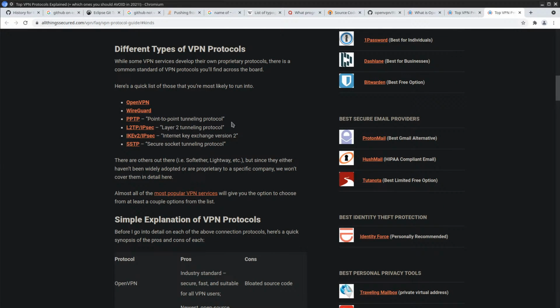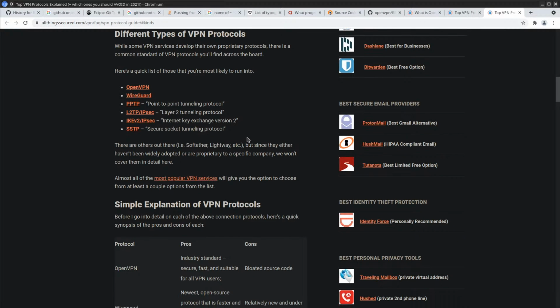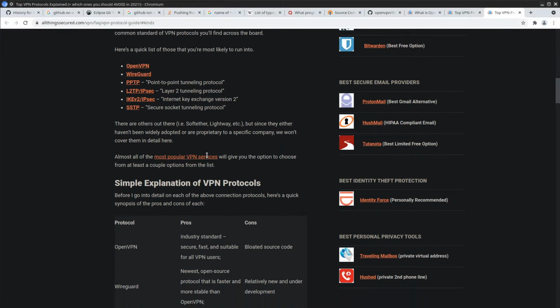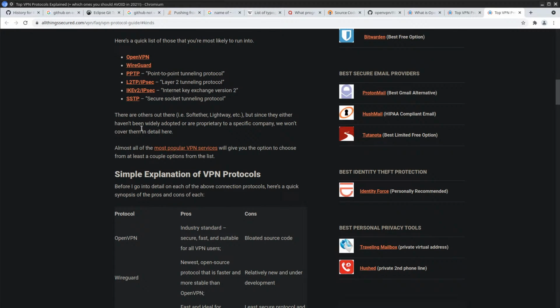Secure socket tunneling protocol. There are others out there, SoftEther, Lightway, etc. They haven't been widely adopted or are proprietary to a specific company. Yeah, okay, that makes sense.